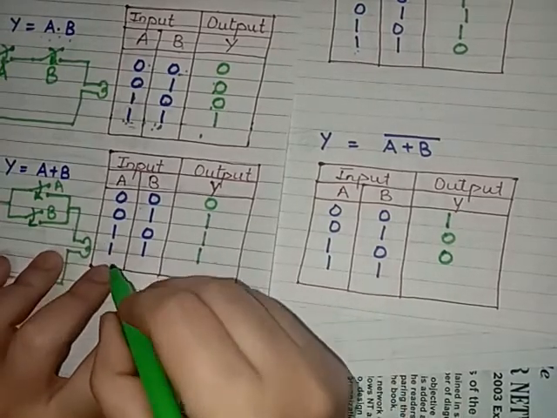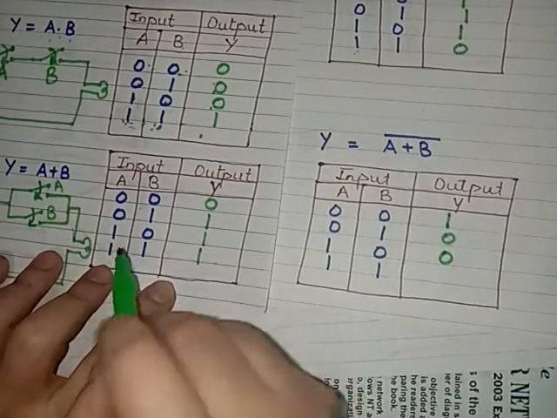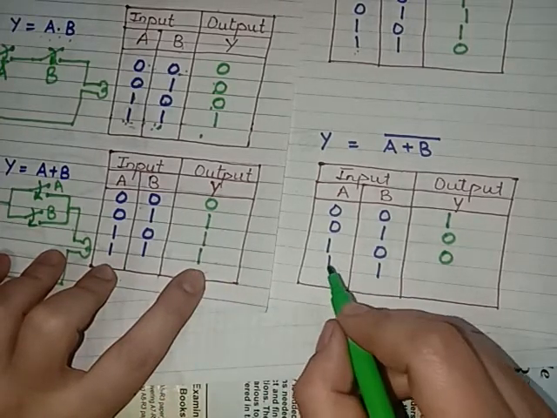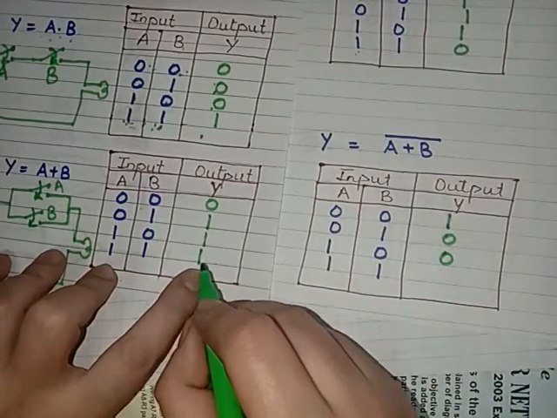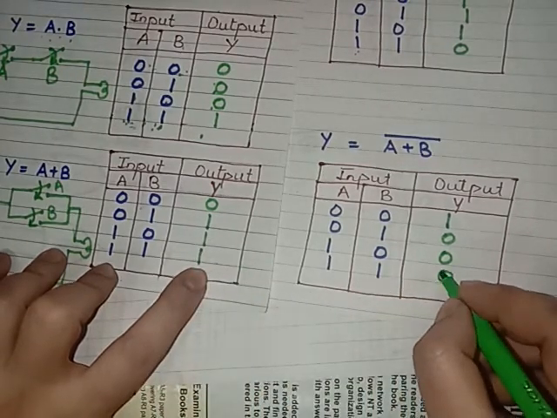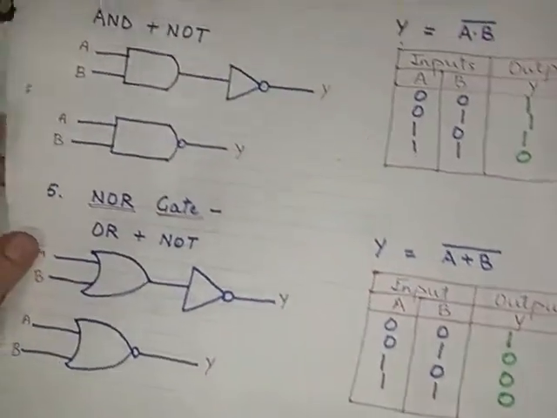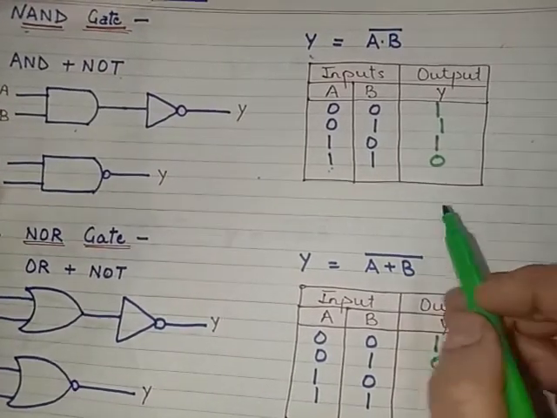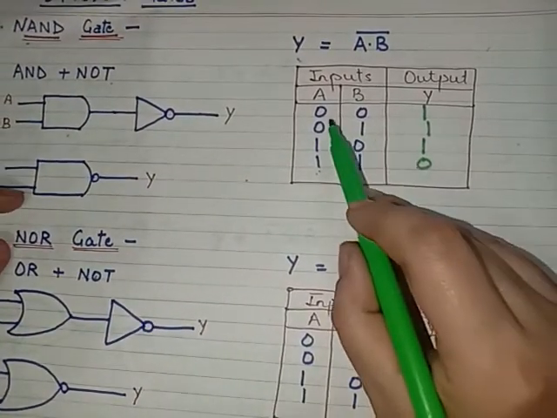So in this case, when we were having input 1 1, the output is high. But in the case of NOR gate, when the output is 1 1, after taking the complement of this output, the output will be lower in the case of NOR gate. So these are the two universal gates, and in this case you can say in the NAND gate, if